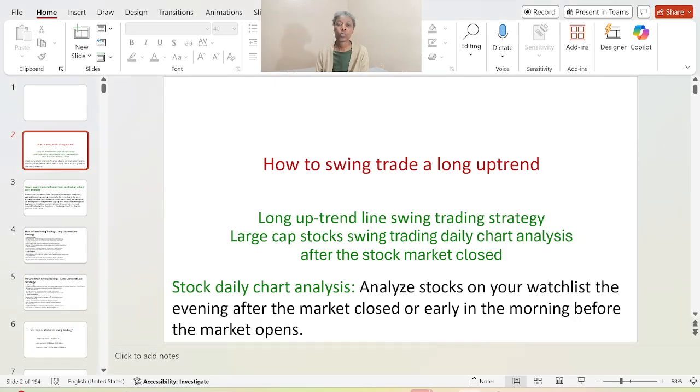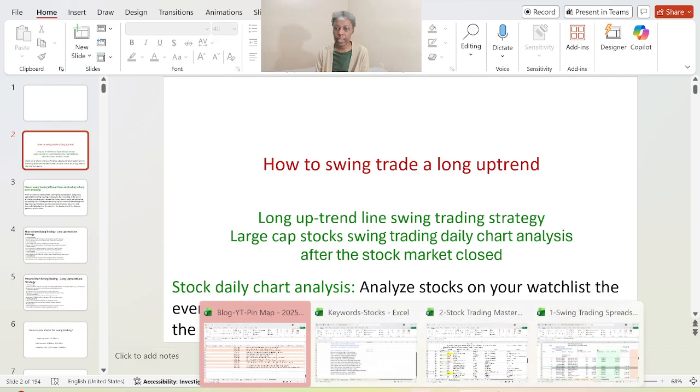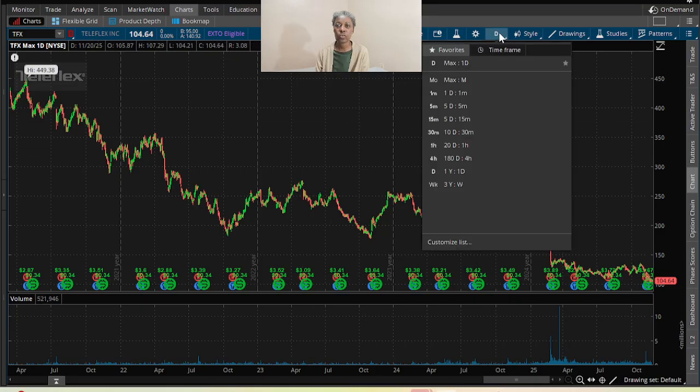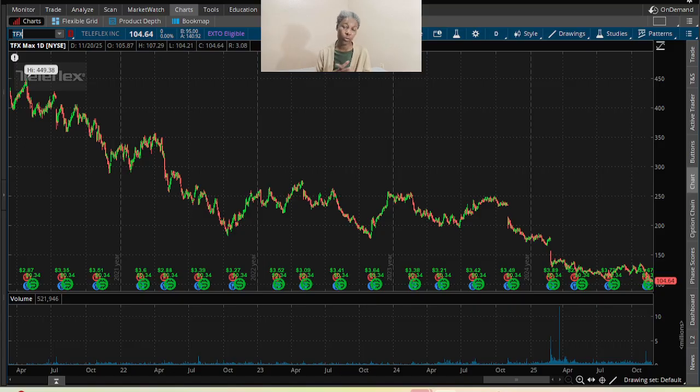Hello, how to swing trade a long uptrend. Let's take a look at two stocks here. The first one is PGR. So you can use the maximum daily chart, and that's what I like to use when you are swing trading